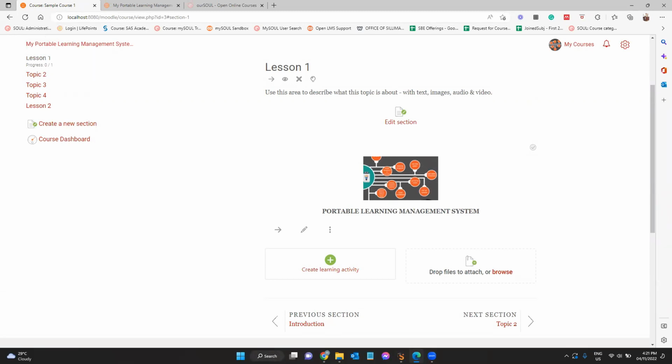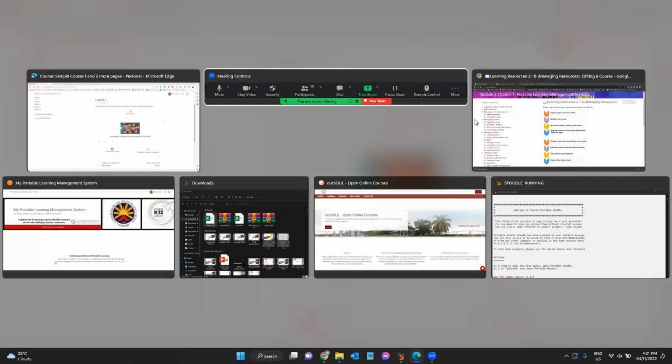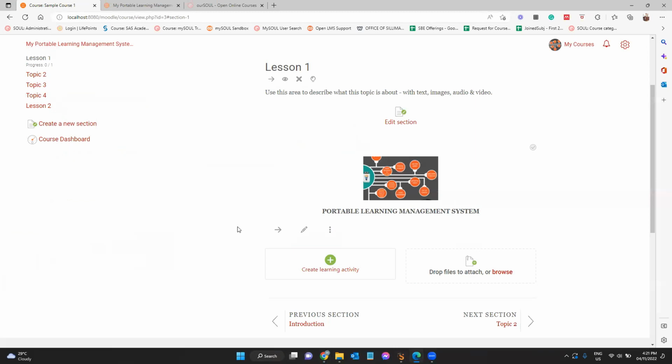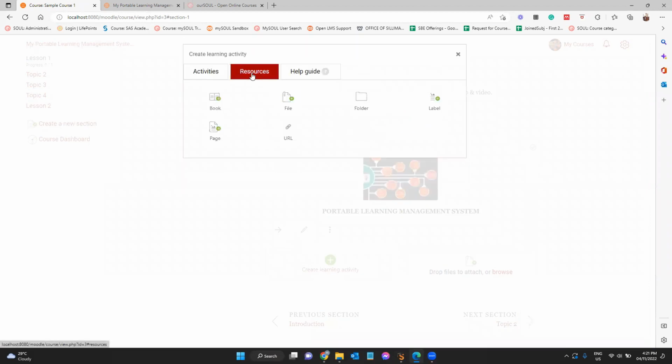Any question for labels? There's none? Okay. So next to labels is we're going to add files, right? So how do you add files in your virtual classroom? So it's basically pretty straightforward. If you want to add a file, same process, create learning activity, and then go to resources and look for file. Okay, so file,